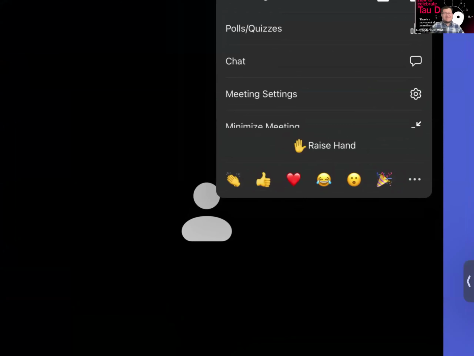So again, you can practice and utilize this feature, but also know how to ask a question or say a comment or share a reaction, anything of that nature. It's also a great way to participate during the session. Again, if I ask, have you done X, Y, and Z, etc.